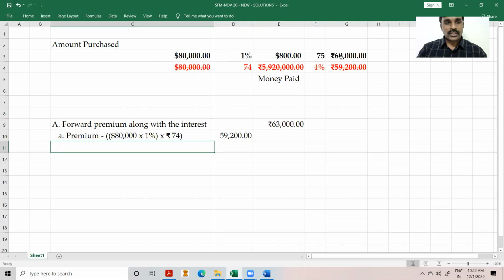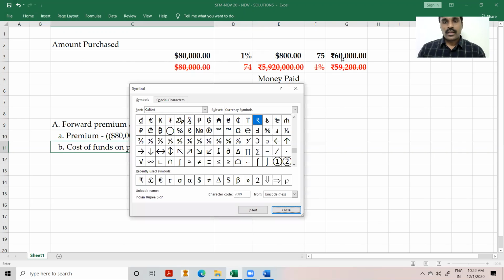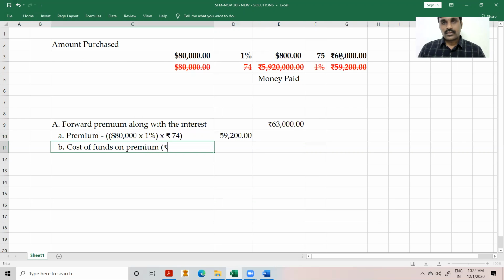Next, cost of borrowed funds. Interest cost on premium. Cost of funds on premium amount. How did we get that? Sorry, 80,000 into 1% into 75. Sorry, this is 75, right? Spot rate 75. So 60,000 is the dollar premium. So cost of funds on premium, rupees 60,000